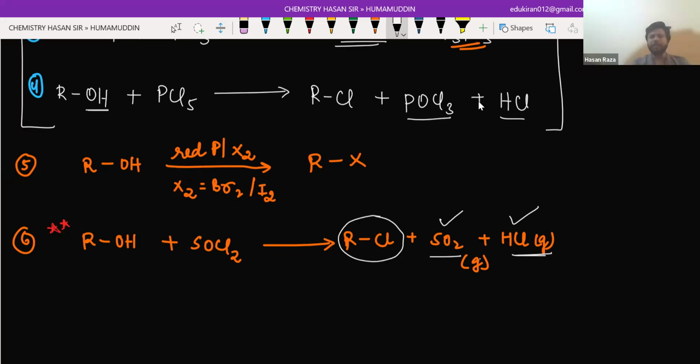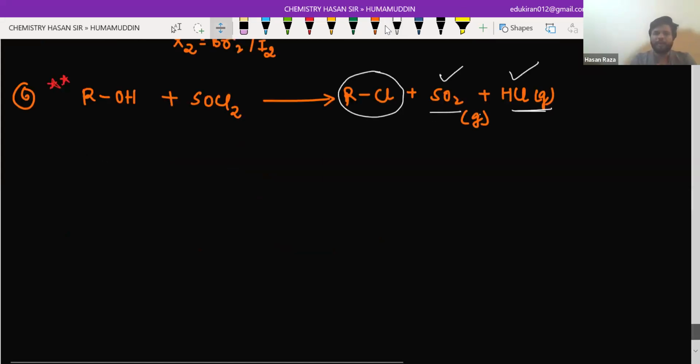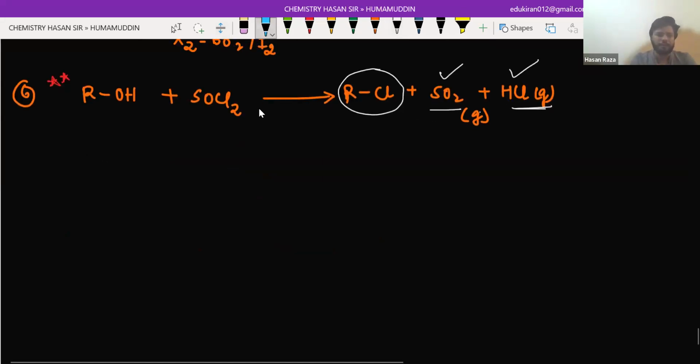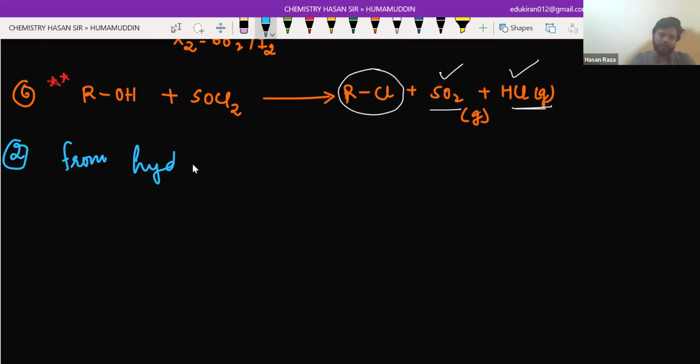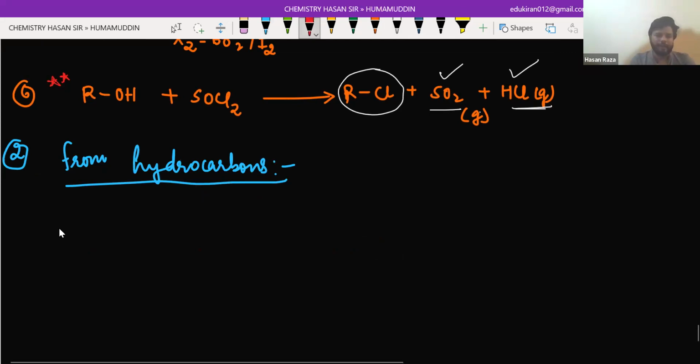Very good. So here we are done with the preparation of haloalkanes from alcohols. Now we will move to the second type of preparation of haloalkane, and that is from hydrocarbons. The first preparation method is from alcohol and the second is from hydrocarbons. And in hydrocarbon, we have another subpart that is from